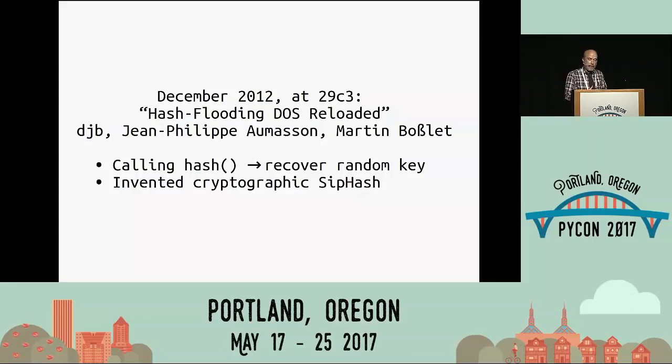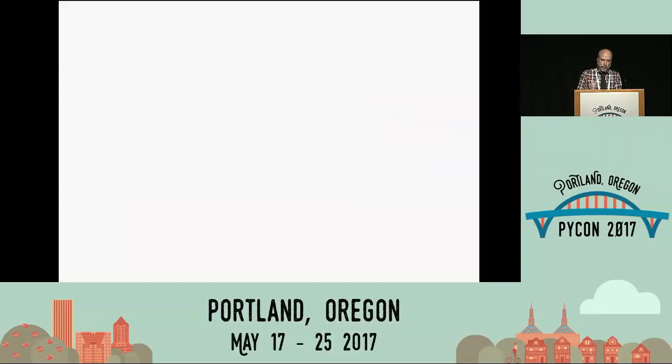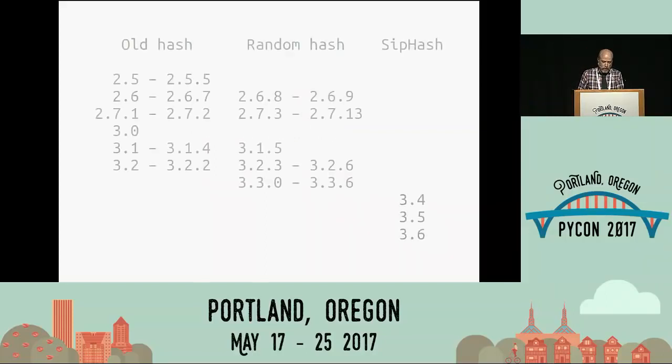They did the work and introduced SipHash, made it free for any language that wanted to use it, and it is random each time you start the runtime up. You get a set of hashes you've never seen before and will never see again, and no attacker should be able to reasonably guess what that secret is and generate collisions for you. SipHash did earn a PEP, PEP 456. It was proposed. Everyone said no because it's too slow. Python developers said, well, wait a minute, if we do this to the bits, if we combine this, if we do this many bytes at a time, and finally they got it fast enough that they put it in. And it was accepted as standards track for the language.